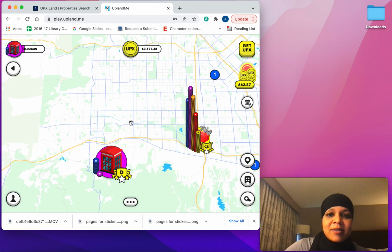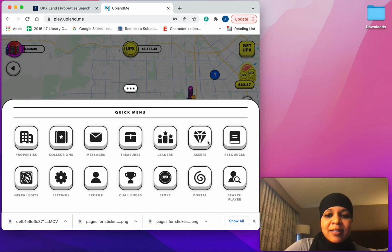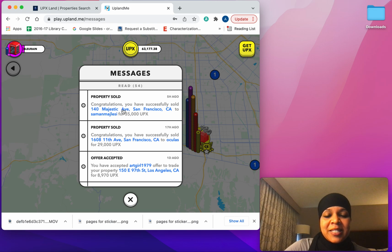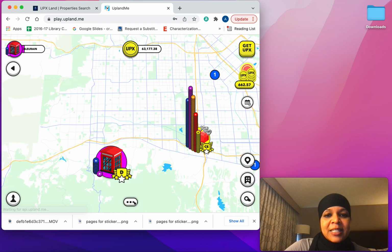I don't do the landmark stuff. So this is my UpX right now, but that's because these two properties I had, they sold right here. These ones in San Francisco, they sold. So